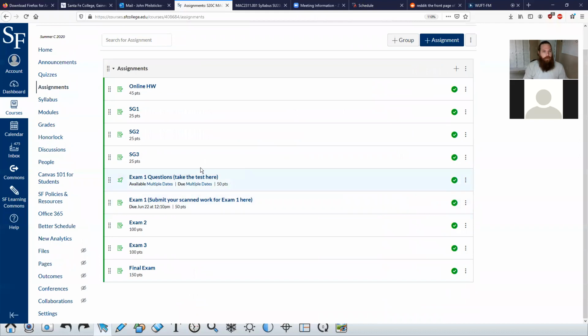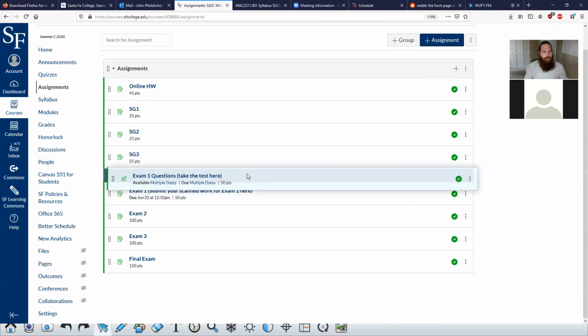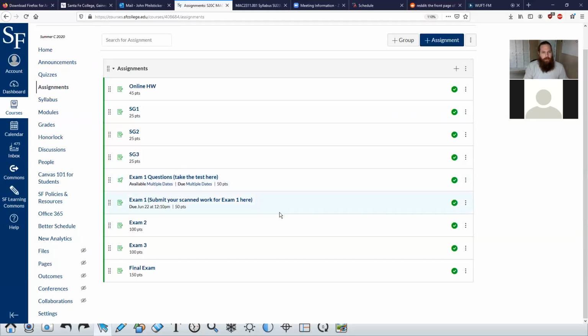So your scores for exam 1 right now are in this assignment in the gradebook. I will be updating this after you give me your rewrites, and then I will just copy paste that score here. And you see each of these is worth 50 points and each test is worth 100 points overall. So that will get you to the 100 points.